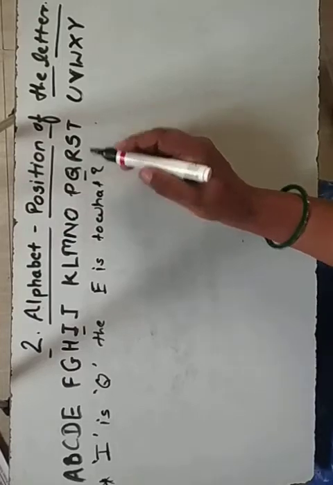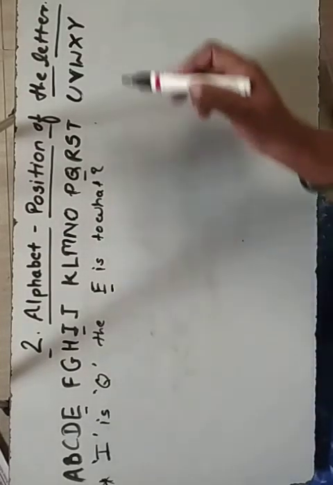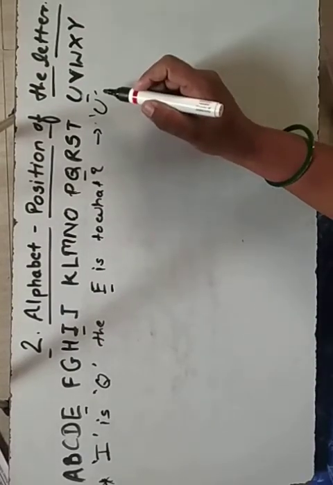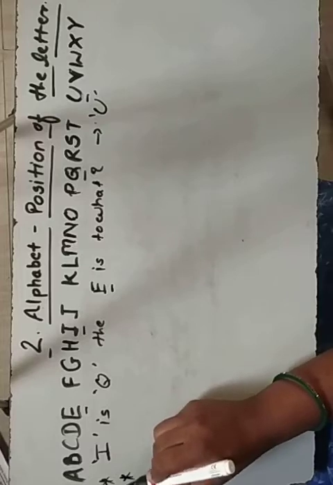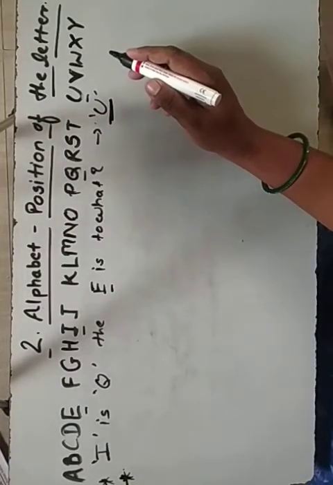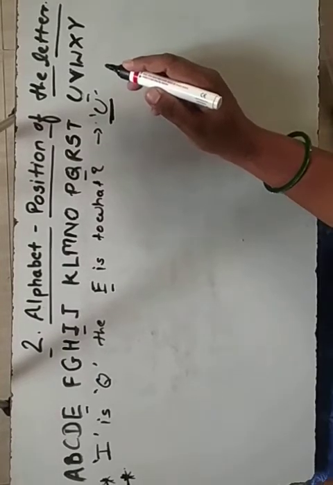The same relation we have to find with E. So E is 5th from the left. So from this side, who is there? U is there. So its answer is U. Now questions will come in this way also. I am writing its answers here. You have to circle them, you know it. Now I am only reading out the questions for your better understanding.